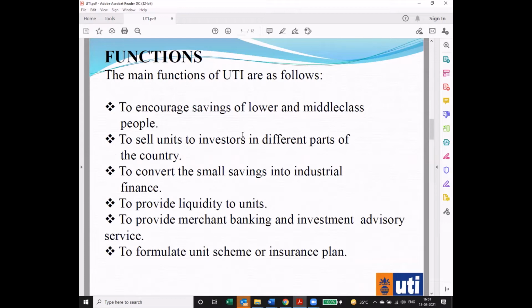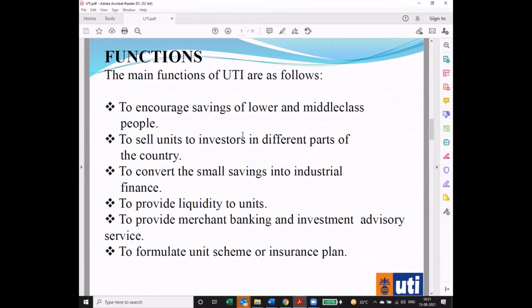The second portion is unit linked insurance policy, which is called ULIP, non-conventional. The entire fund of yours, suppose you put in 1 lakh rupees, they will convert the entire 1 lakh rupees into different units. One unit will have one price, just like shares, and then they sell these units to investors, right? Similarly, Unit Trust of India, its name itself was Unit Trust of India. They started selling units to the investors and telling investors that we have 100 units and each unit is priced at 10 rupees, right? So it is 1,000 rupees now.